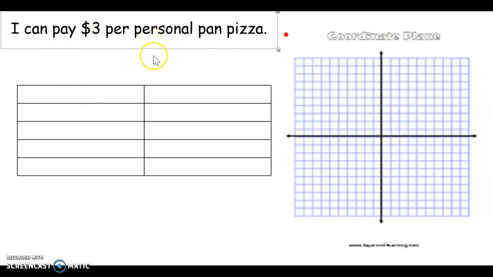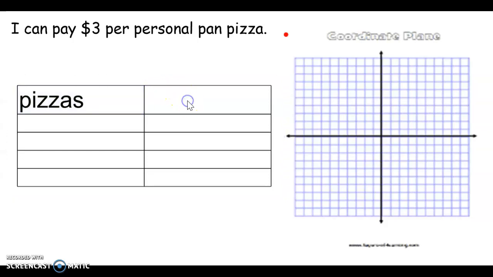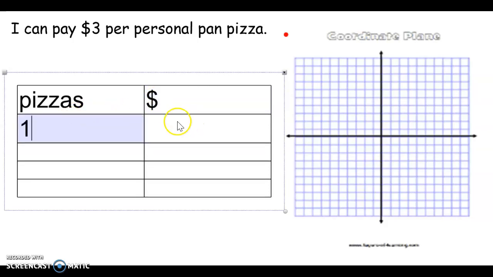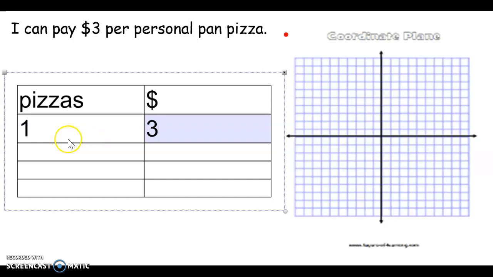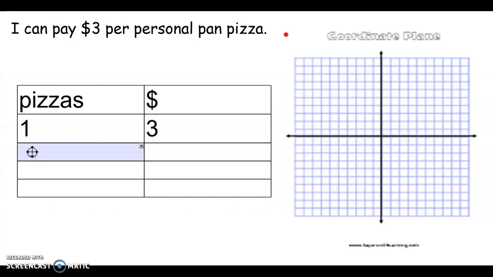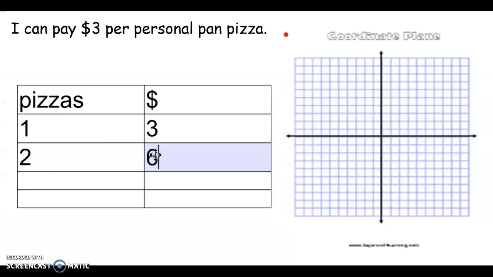This one says, I can pay $3 per personal pan pizza. So we're talking about cost and pizzas. This is going to be my number of pizzas. This is going to be my cost. So if I buy just one pizza, how much is that going to cost? Well, it's going to cost $3. It says right there, $3 per personal pan pizza, for one personal pan pizza. So if I buy 2 pizzas, that would now be $6, right? $3 a piece. 3 pizzas,